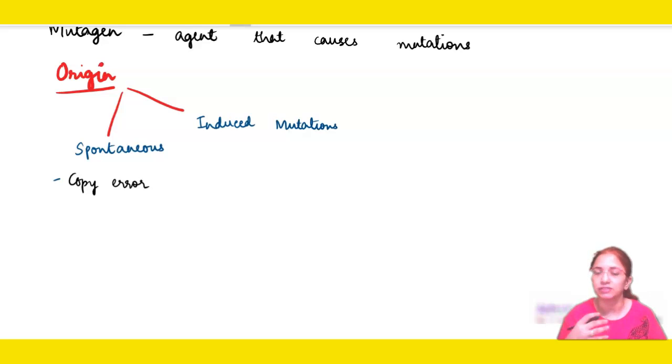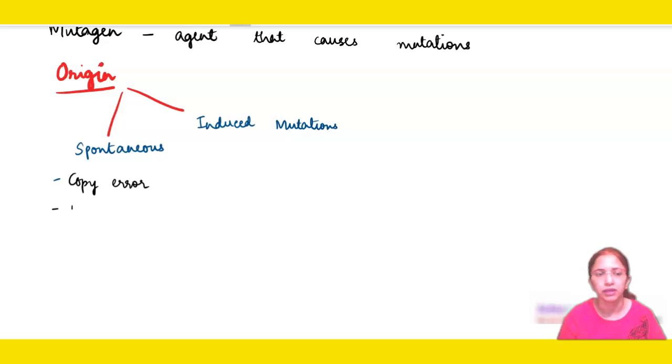So this leaves a mistake and this mistake causes the mutation, because when the bases are not arranged as per the complementary base pairing rule and a wrong base is attached, then this information will go further into the daughter cells also, because DNA replicates and forms the daughter cells, right? So copy error means the error at the time of DNA replication.